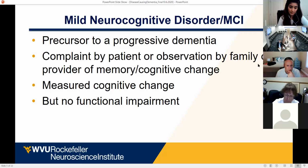It used to be it just had to be a complaint by the patients, but patients don't always notice it. Actually, today in clinic, Dr. Ward and I saw a patient who we think has a mild neurocognitive disorder, and they were sent by their provider who noticed the changes themselves and asked us to evaluate. So somebody has to notice it, patient, family, or provider, and then we actually have to measure cognitive change, whether